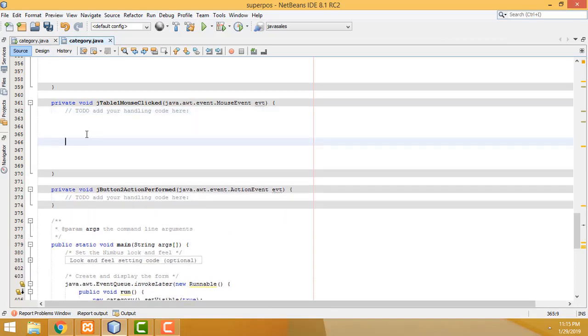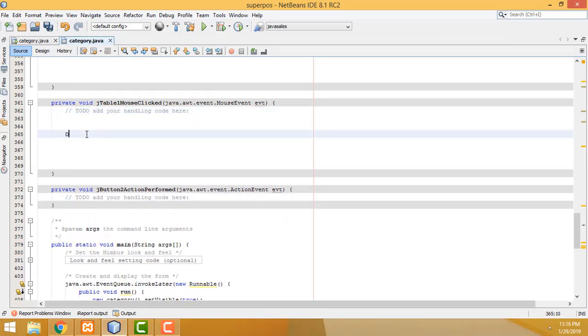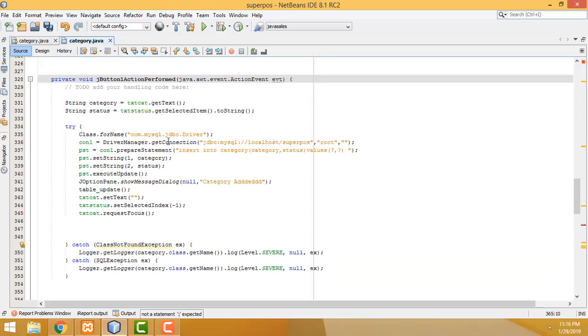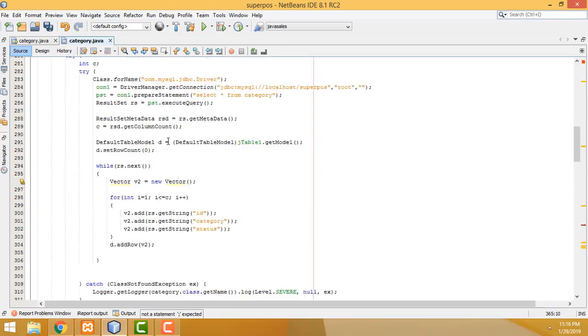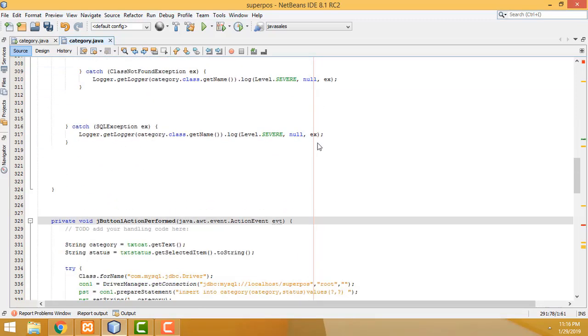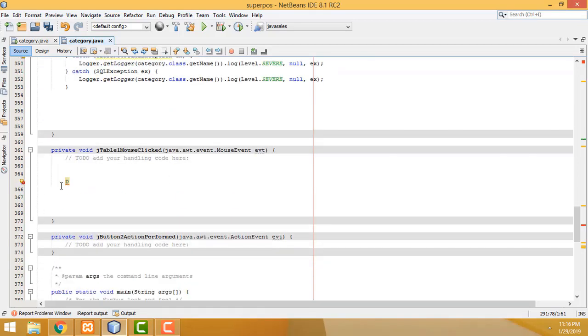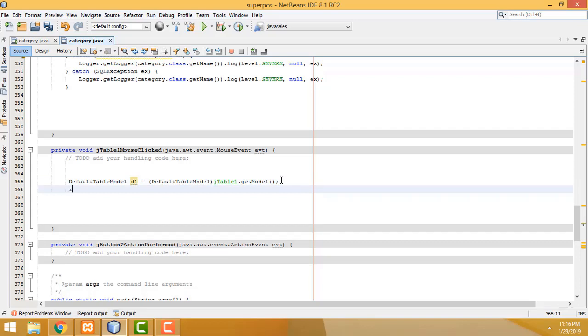You have to write the same default thing here. I have to copy the JTable right above this one, Control C to copy, Control V to paste here. Here I am going to change the name to D1. This object I am going to change here only. Here I am going to write an integer variable, selectIndex, equal to jTable1